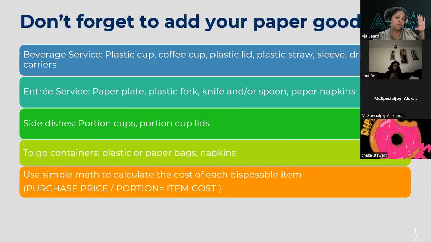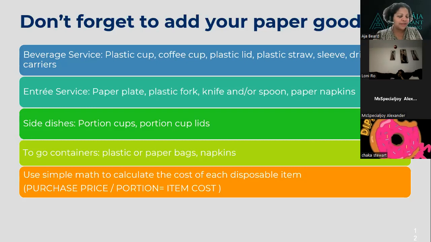When I work with clients on that spreadsheet, after we figure out all the ingredients, the next thing it says is, okay, what do you serve this in? And what do you give with it? So we can add that into our ingredient cost, even though it's not necessarily an ingredient. If you have a pie, we're not selling a pie straight from the oven. It's going to go into a container, or some other vessel, before you give it to the client. And that's for every single one. So it is like an ingredient.